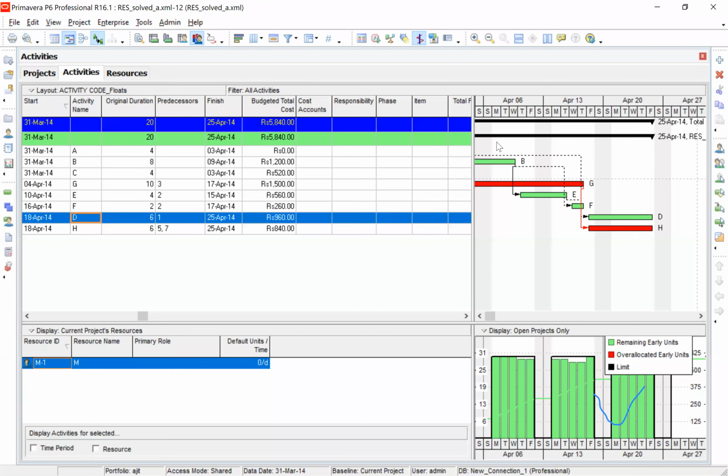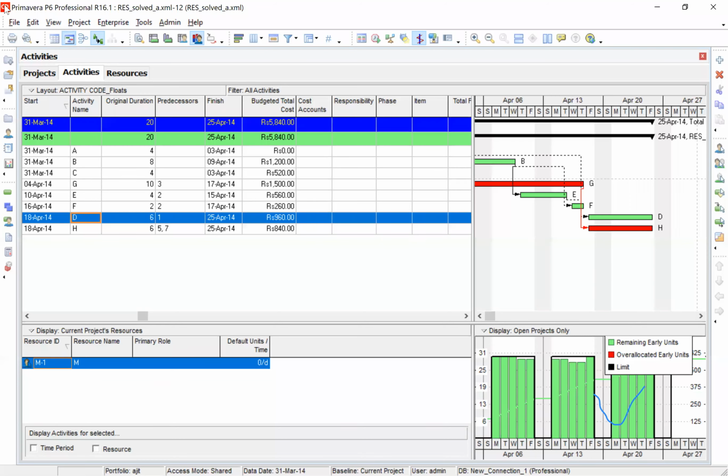The choice is yours, because as you can see, if you use that activity priority, it will increase the duration by 10 days and it will not solve the problem the way I have solved it here.